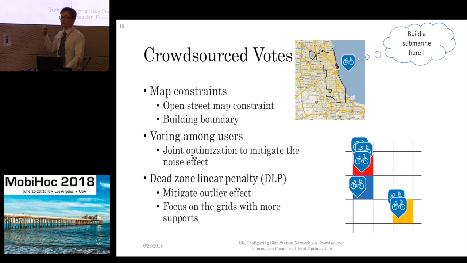Given the past data, we will conduct data cleaning in order to filter out some unnecessary data. Some people label stations inside the lake, so we use building boundaries to filter out those unnecessary inputs. In order to fuse the feedbacks, we designed a penalty function with that zone in order to trigger the aggregation here. It follows some intuitive ideas from machine learning, where there will be linear functions with an activation function.